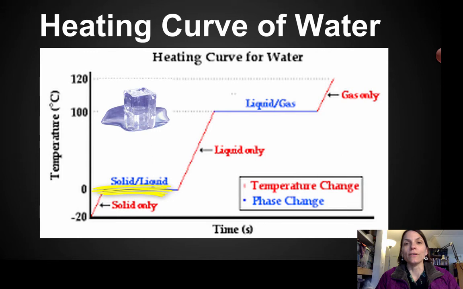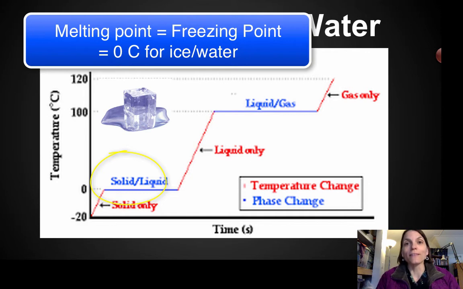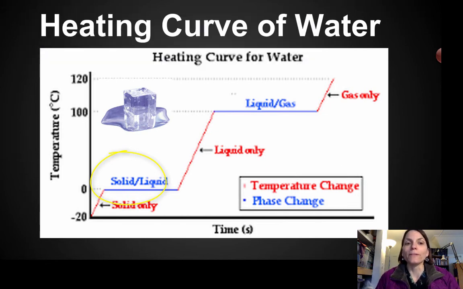When you hit the blue line here that says solid and liquid, this is the point where the ice starts to melt, commonly known as the melting point. Now, interestingly enough, water will freeze at the melting point as well. We only refer to it as the melting point for some reason. But notice what happens to the temperature at the melting point of ice. Yeah, it stops changing. It's 0 degrees all the way across. So when that phase change is happening between the solid and the liquid, the temperature stops changing. You're still pouring energy into the system at the same rate, but the temperature stops changing until that